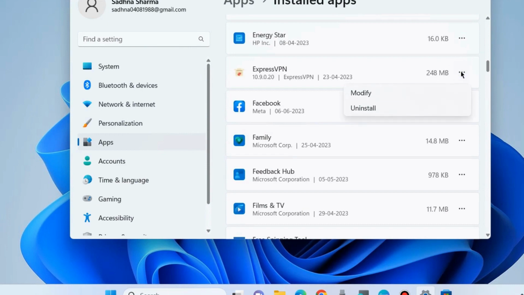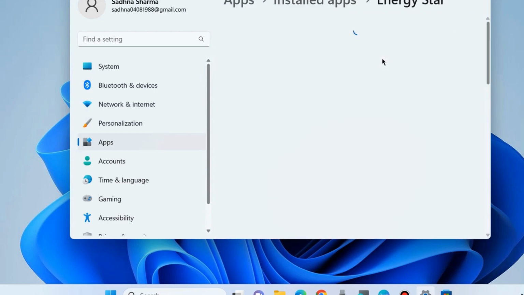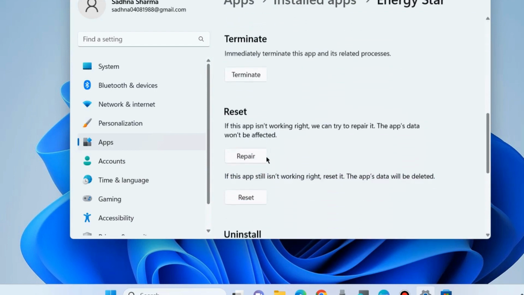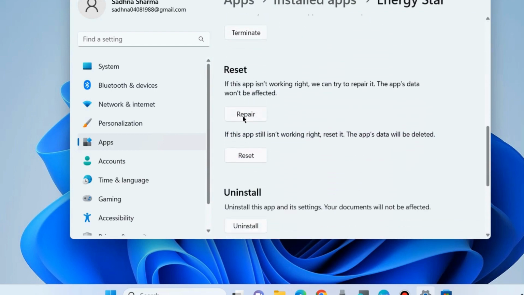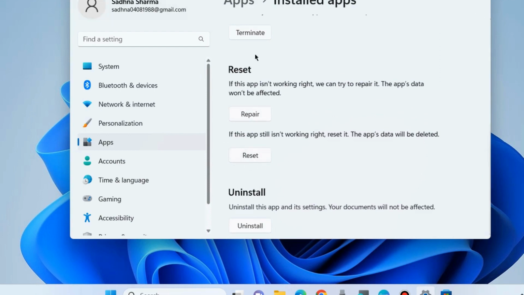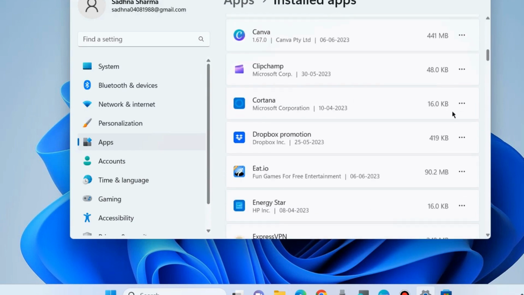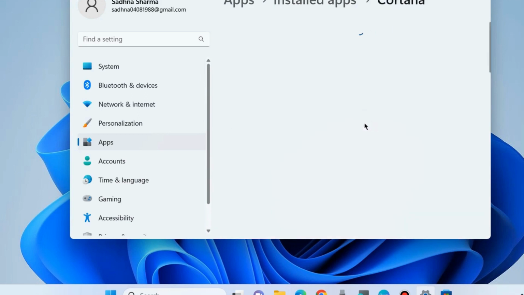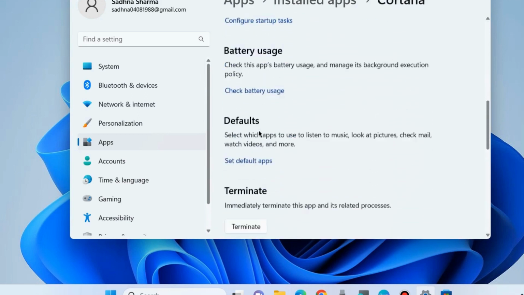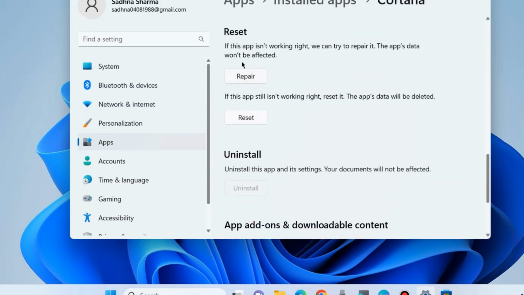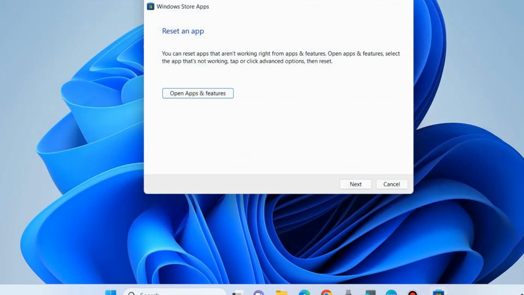Click on the three horizontal dots and choose Advanced options. Scroll down and you will find the option Reset. First choose the Repair button and thereafter choose Reset. A similar action will be applied for all the other apps having problems. Simply go to Advanced options, and under Reset choose the Repair button and then the Reset button, and check whether your error